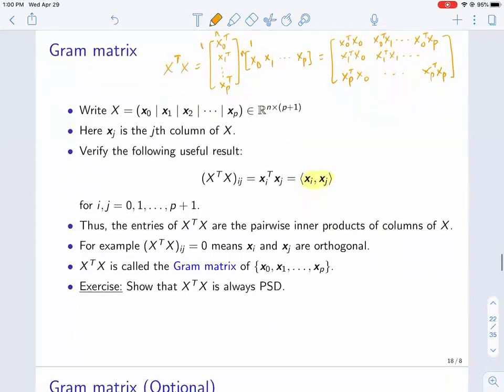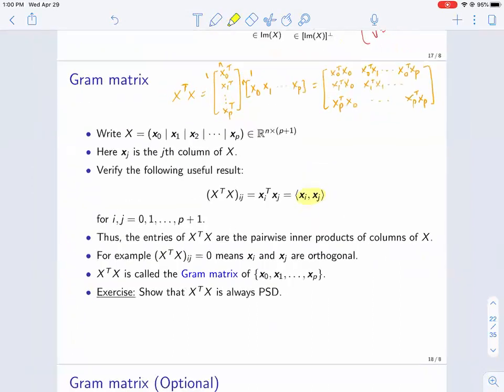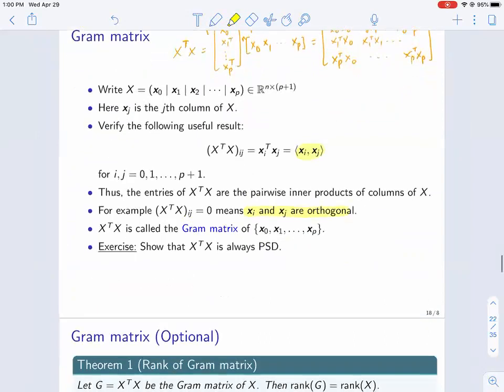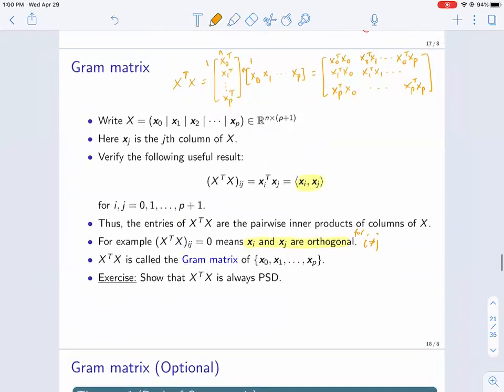For example, if all of these pairs, so x_i and x_j, are orthogonal for i not equal to j, then all the off-diagonal entries are 0. This is not a good notation, but if it's 0, it's fine. So for example, if things are diagonal, so if X transpose X is diagonal,